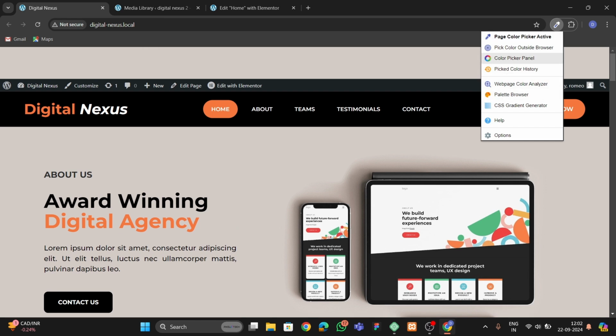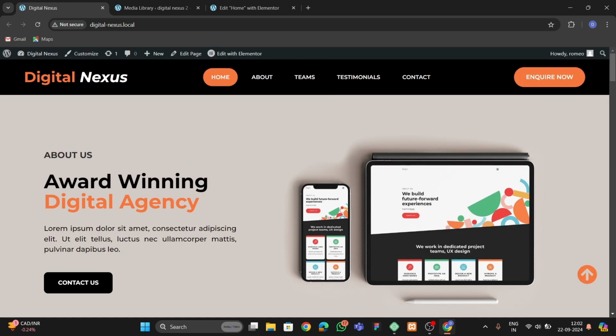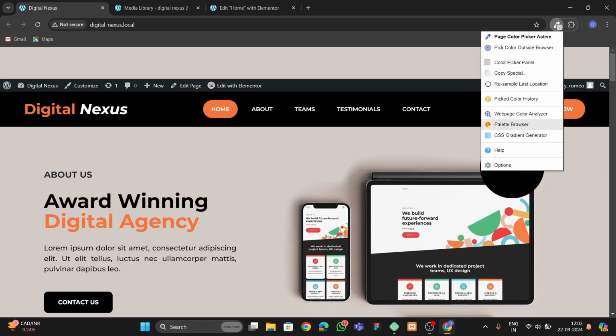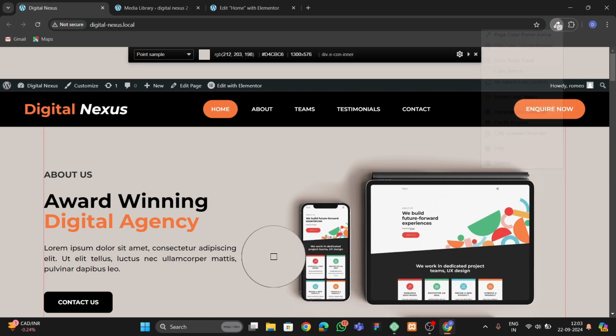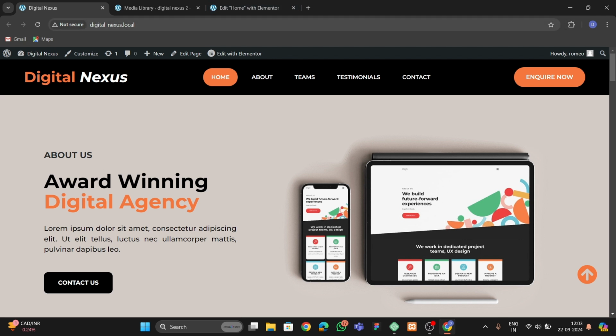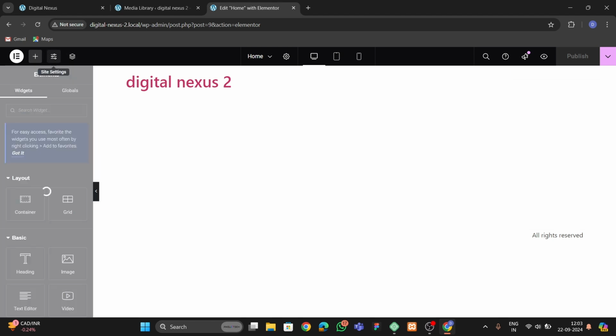Okay, so if I go to this, let me copy this color from here. Okay, so I can copy this color like this. You can copy any of these colors by using this extension. This is the Google Chrome extension. So let me go to this, and here we have to go to the